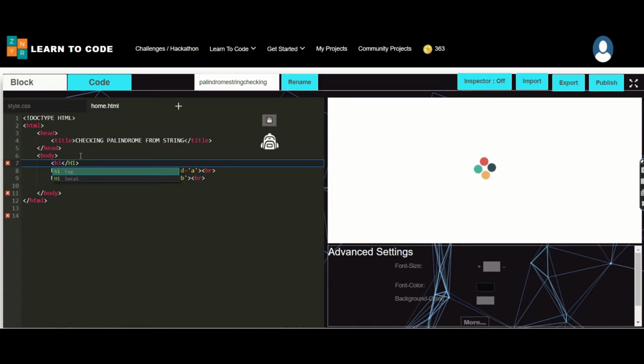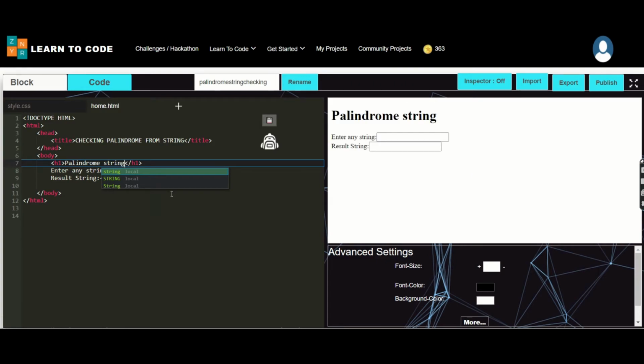Under my header part, I'm making palindrome string. Maybe if you require a background color, you can add it, or else you can skip it.